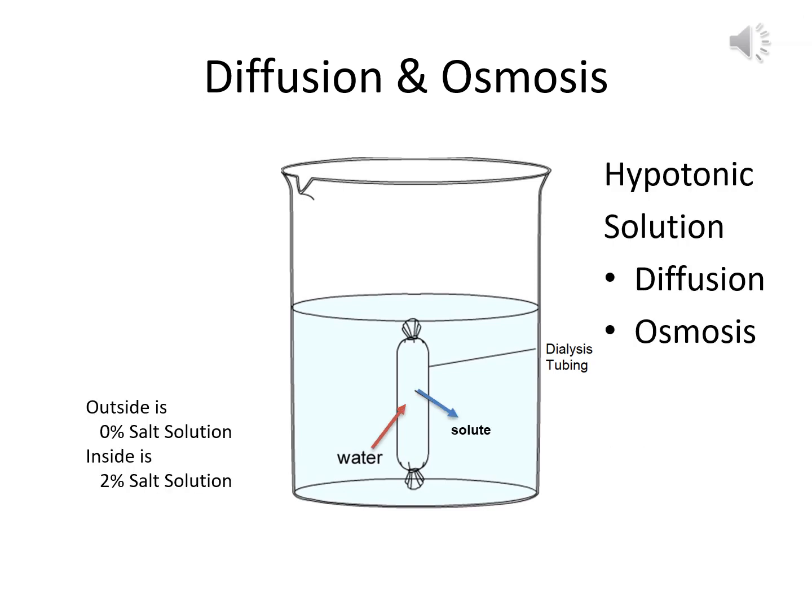Let's change up that experiment slightly and put a hypotonic solution in the beaker outside of the cell. In this case, we're going to have the beaker water being 100% pure water, meaning zero salt. Therefore, inside the bag, at its 2% salt solution, has a higher solute concentration. That means the salt inside will want to move out through diffusion. The water, on the other hand, is the opposite. We have 100% water on the outside and only 98% inside the bag. Therefore, water will want to